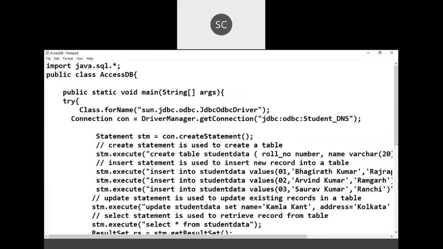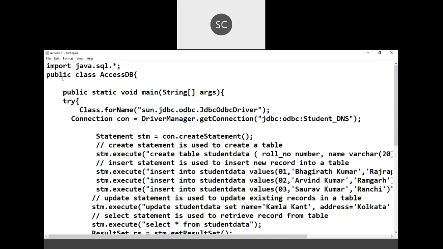The only import which is required for a database program is import java.sql.*, because this is a package which contains all the connection objects, all the driver managers, all the statements which are required to set up a connection with database, execute the queries, process the results. So this is the only package which is required. We are not creating an applet, so we are not importing AWT or Swing package. It is a normal application program.